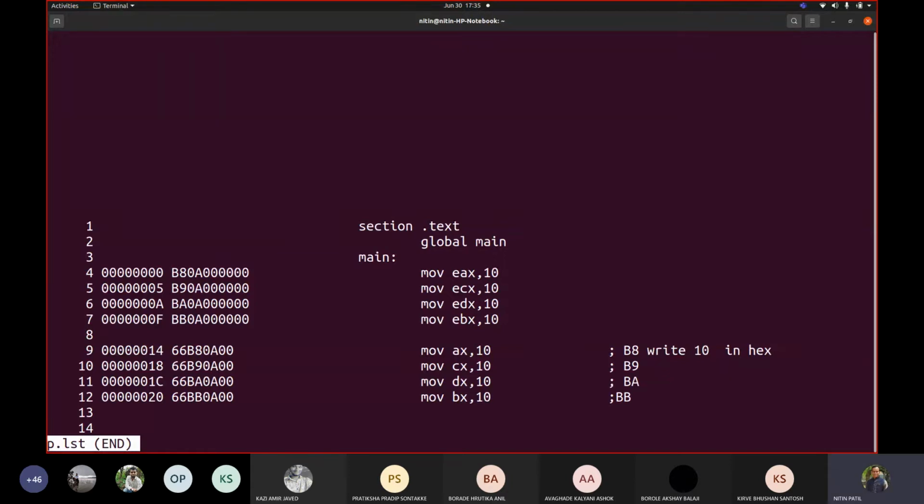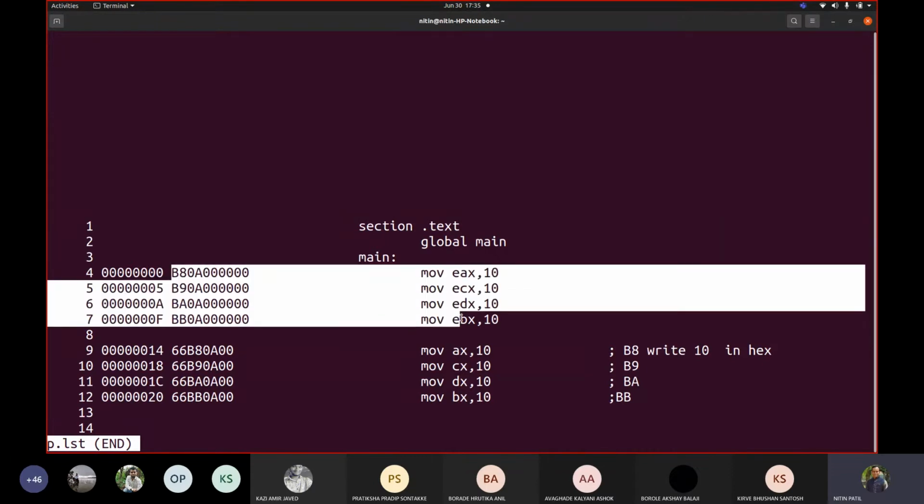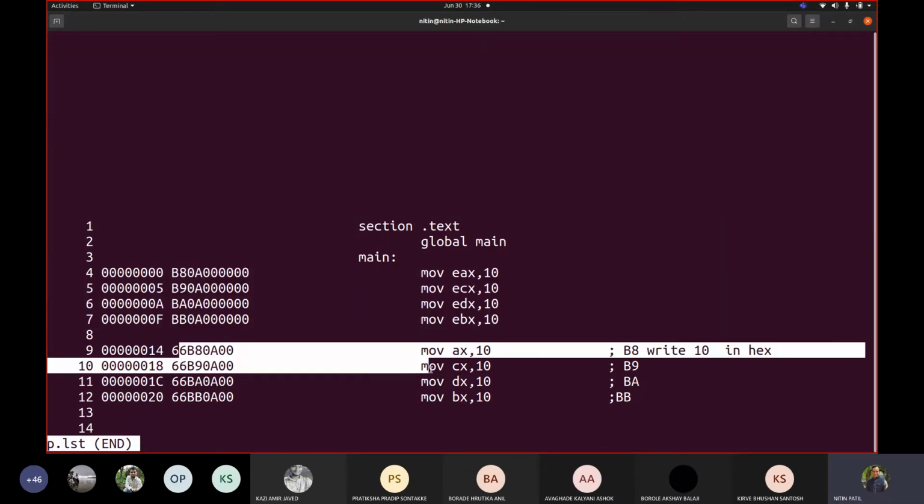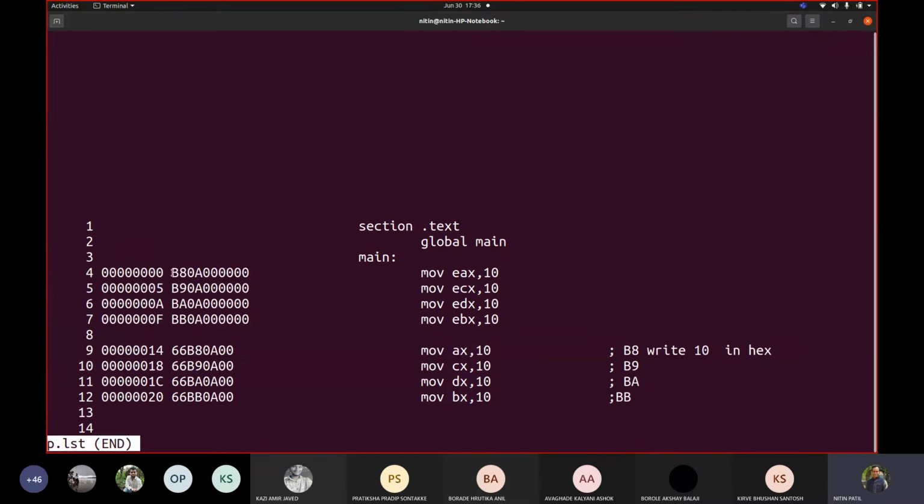What difference can you see in both groups? This was the first group, this was the second group. When we saw the size, it was 1, 2, 3, 4, 5. In this case, I got 1, 2, 3, 4. So only one byte is lost, but then differentiation should be there.